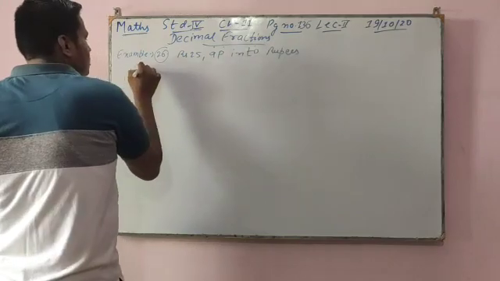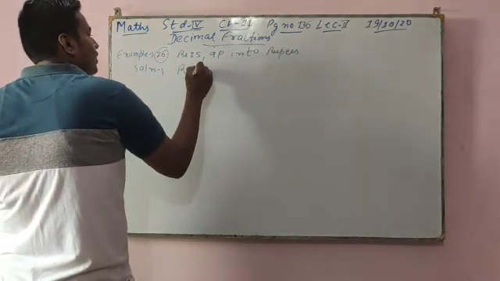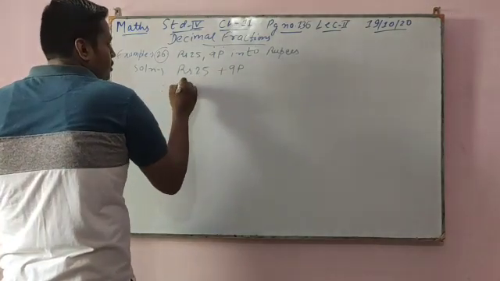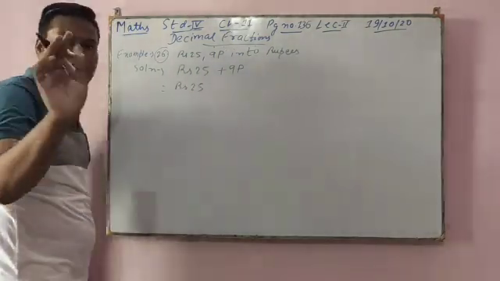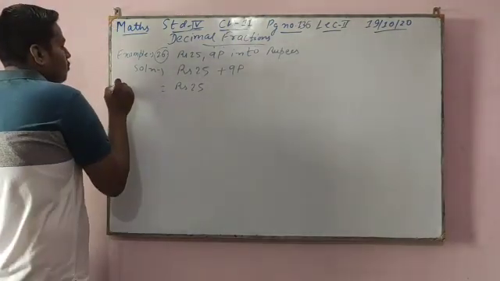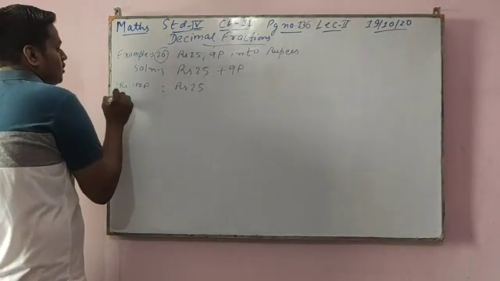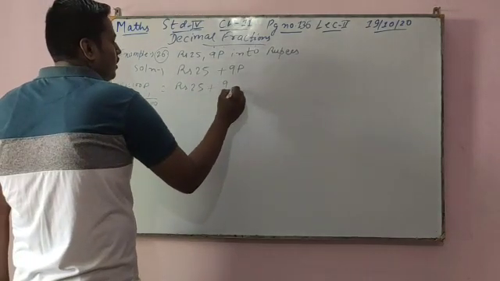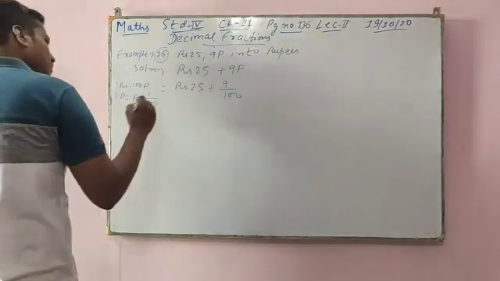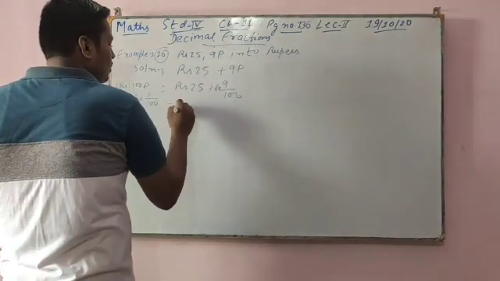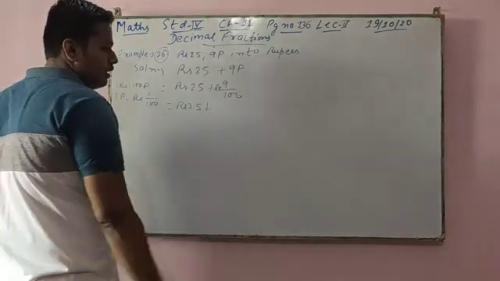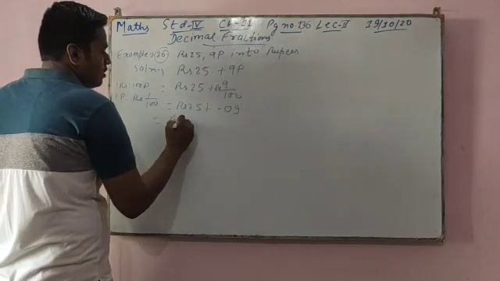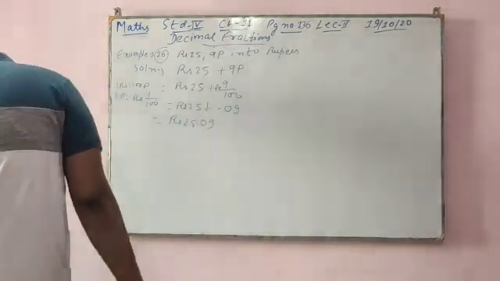So very easy, see the solution. Rupees 25 plus 9 paise. Rupees 25 is already in rupees. We know that 1 rupee is equal to 100 paise and 1 paise is equal to 1 by 100 rupees. So divide by 100 and it will change into rupees. Now rupees 25 in decimal form, so decimal 0.09. Now add it: rupees 25.09.